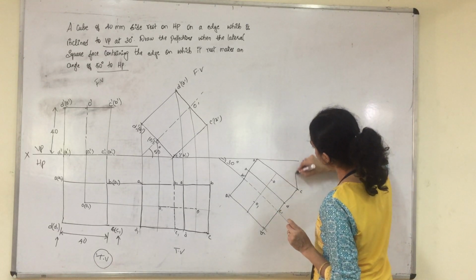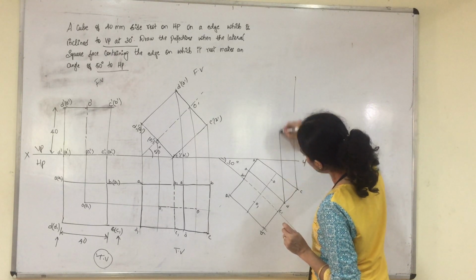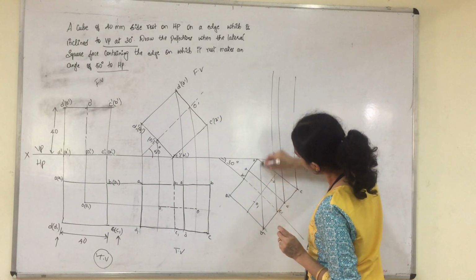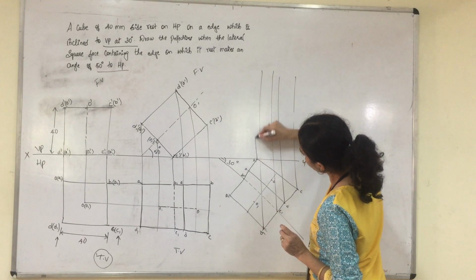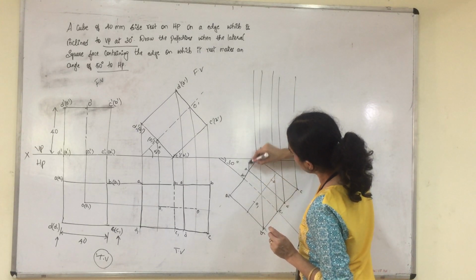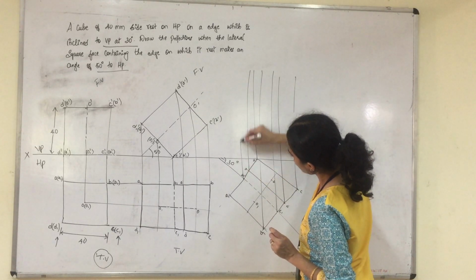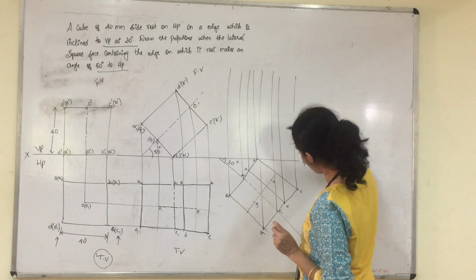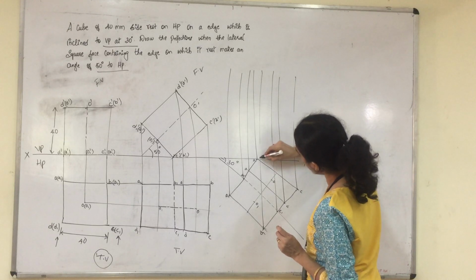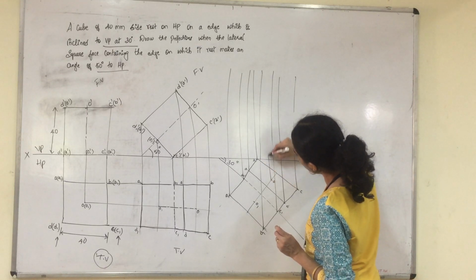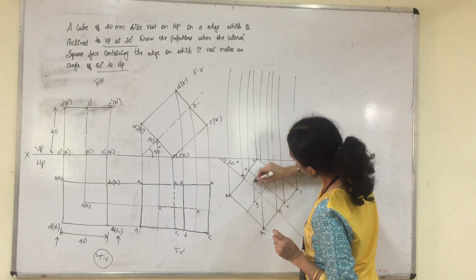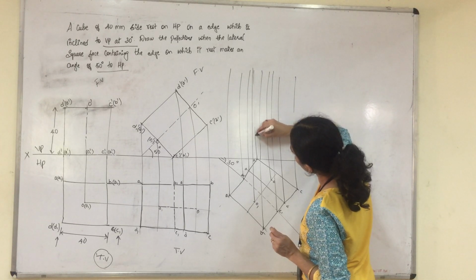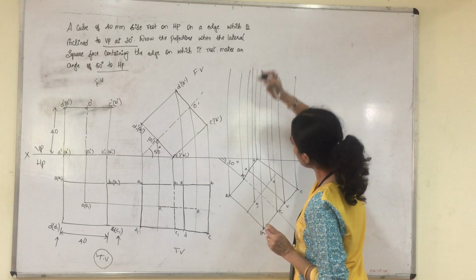So please take the projection from C, projection from D, projection from C1, projection from D1, projection from B, projection from A, projection from B1 and projection from A1. Okay, see that you take the projection from all points. You have to take the projection from O also and from O1 also. Use scale and pencil properly and draw parallel lines.